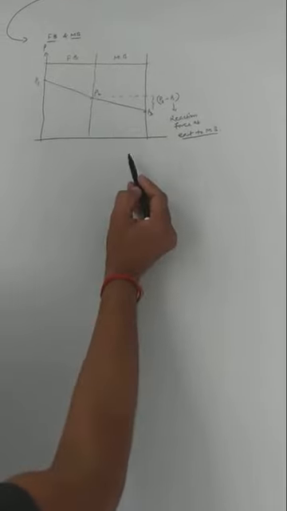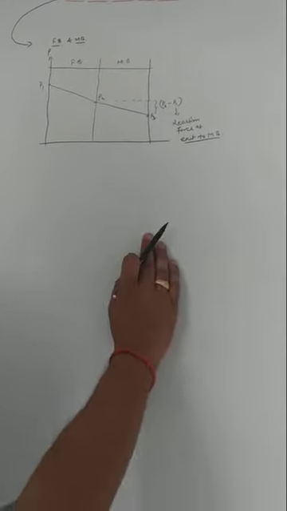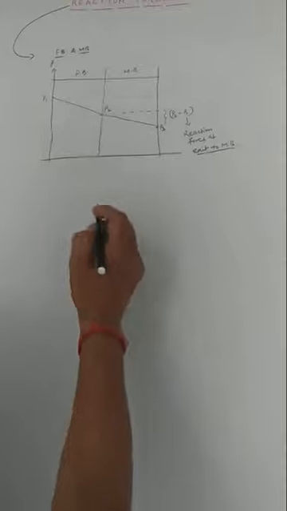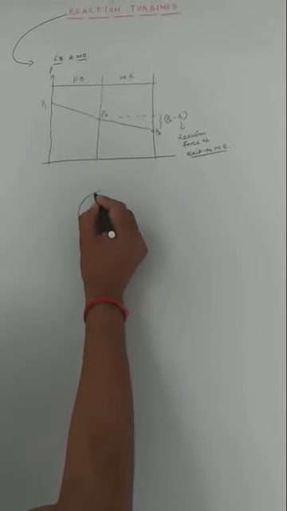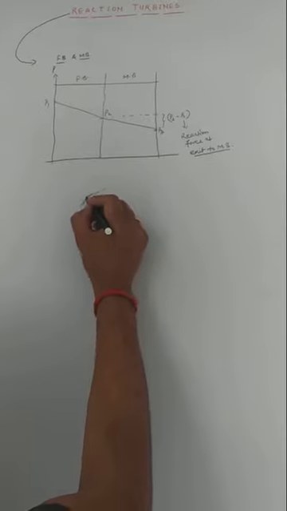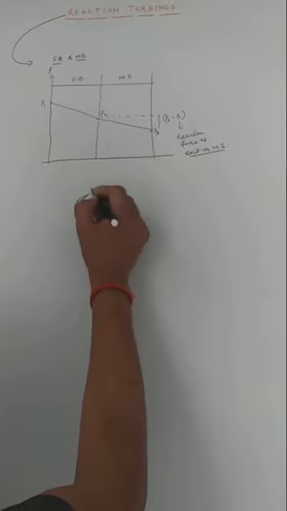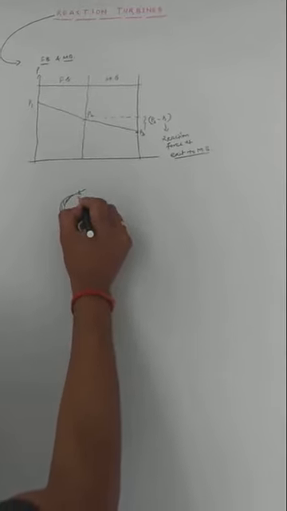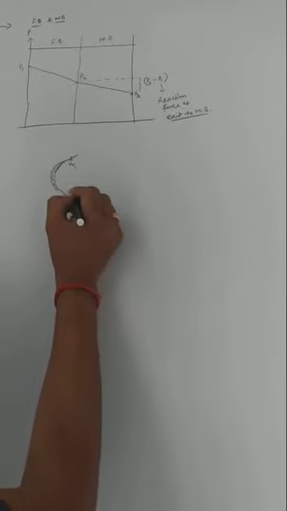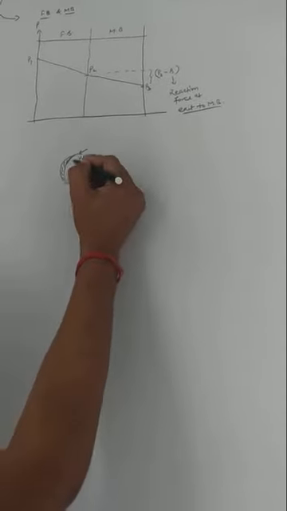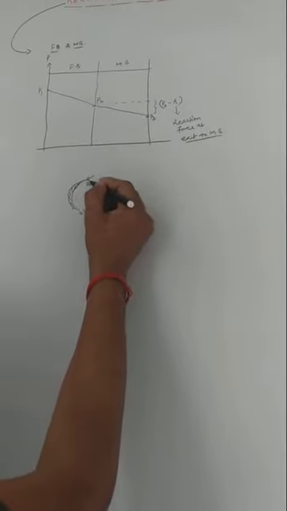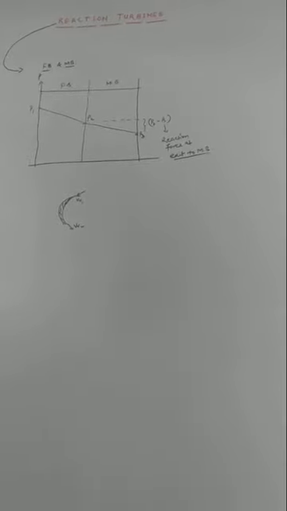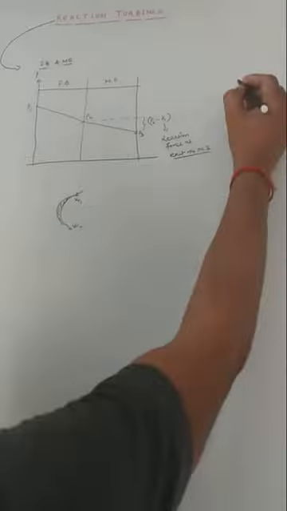As the pressure drop takes place, there is an increment in the velocity. That velocity is the relative velocity, because as the steam enters the moving blade, this is moving blade, steam enters at the moving blade at the velocity of VR1 and exits at VR2. The increment in the velocity takes place. This increment in velocity creates a reactive force at the exit of the moving blade.